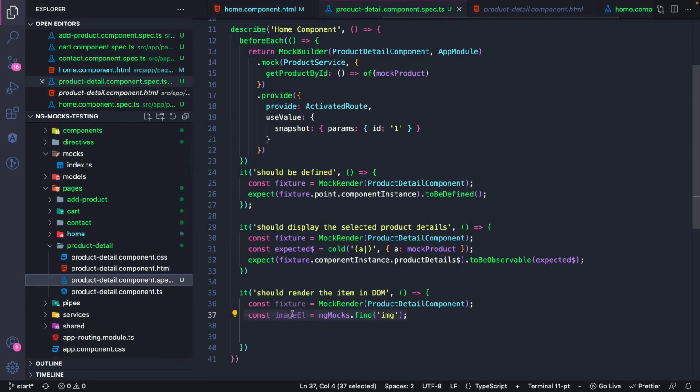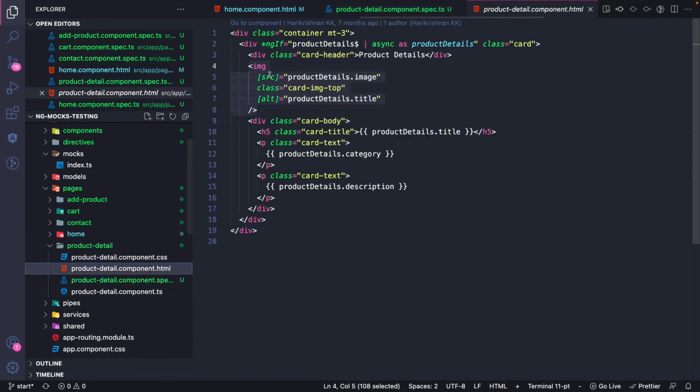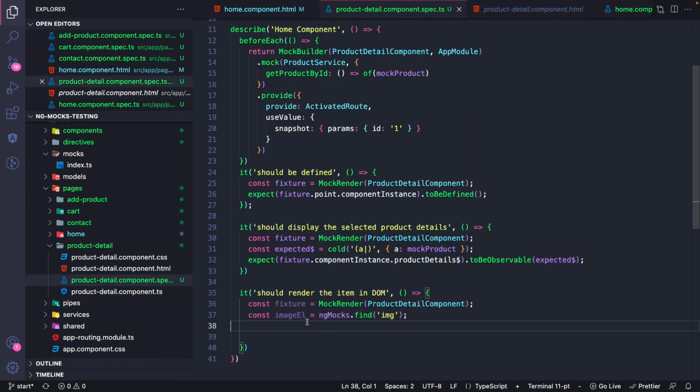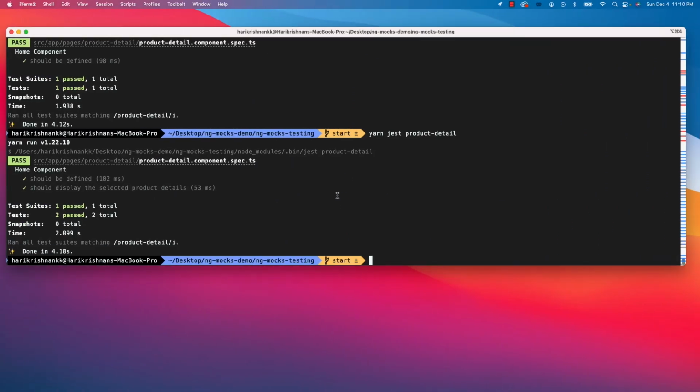So here I said ngMocks.find of image. Now the image will be defined only if the product details are there and it is defined. If it is undefined, the element will not exist at all. So here I said, let's grab the image element and let's call the fixture.detectChanges and expect that image element to be defined. So if we run the spec file,